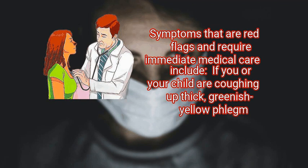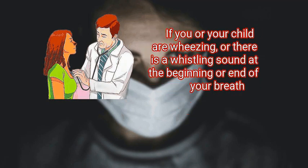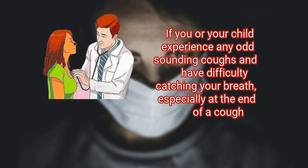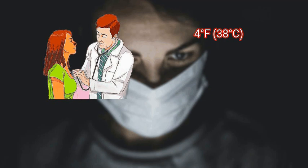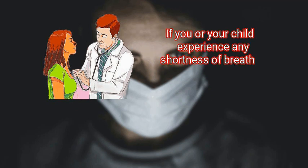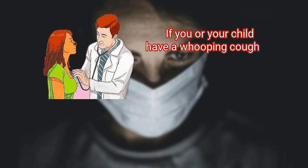Symptoms that are red flags and require immediate medical care include: if you or your child are coughing up thick, greenish yellow phlegm, if you or your child are wheezing, or there is a whistling sound at the beginning or end of your breath, if you or your child experience any odd-sounding coughs and have difficulty catching your breath, especially at the end of a cough, if you or your child experience a fever of more than 104 degrees Fahrenheit, 38 degrees Celsius, if you or your child experience any shortness of breath,